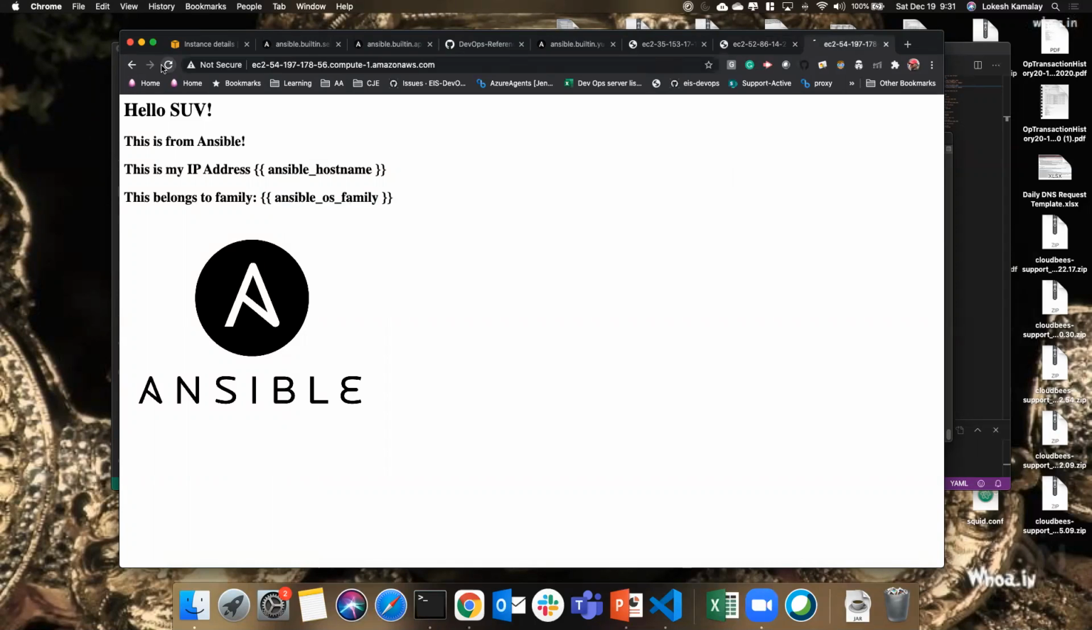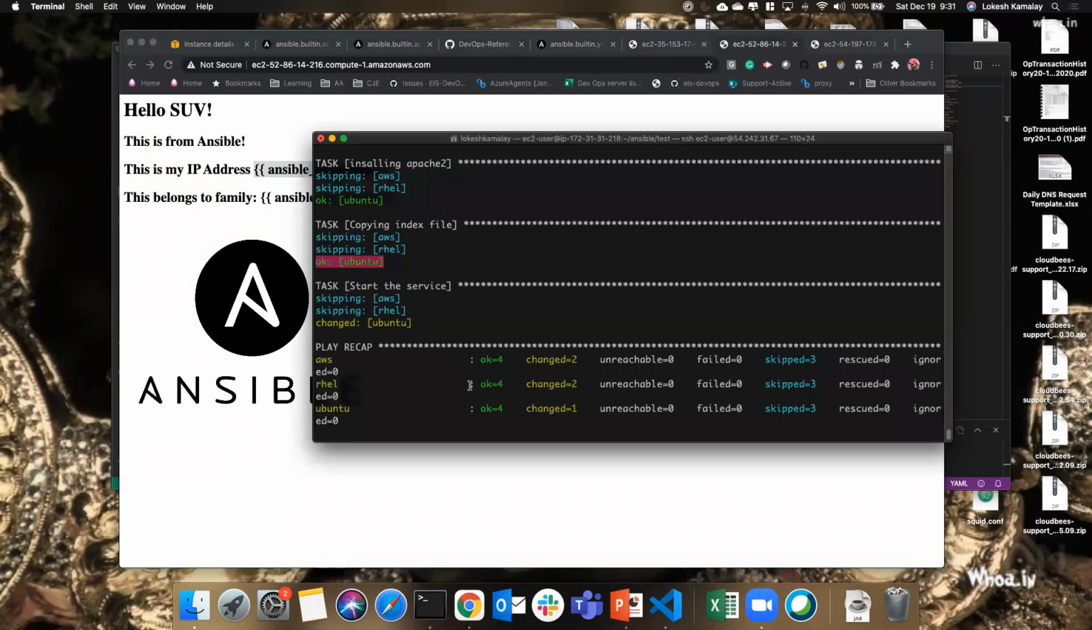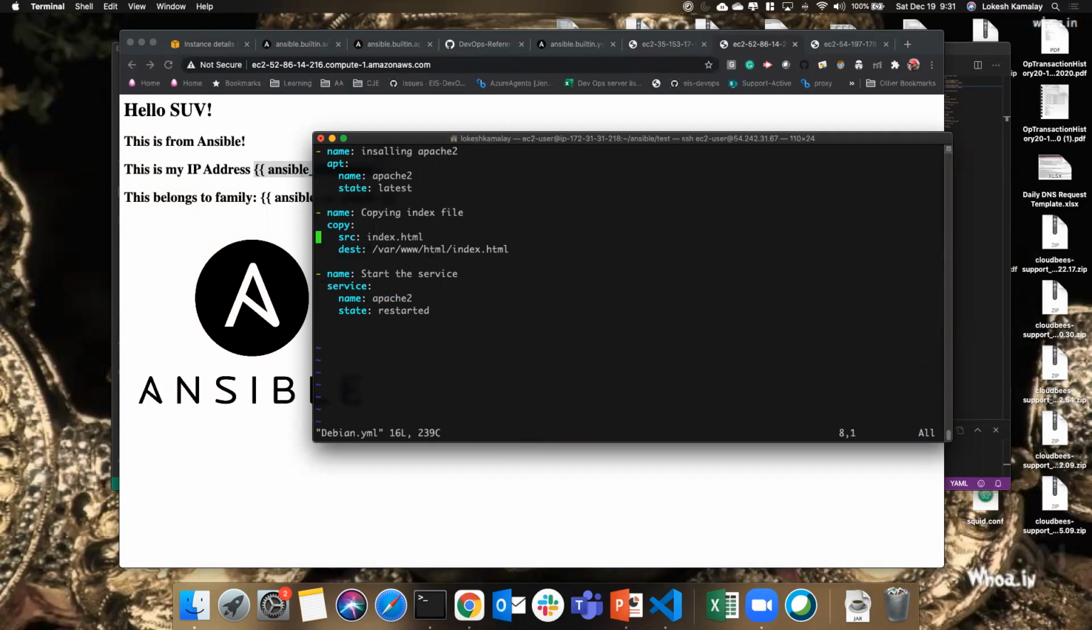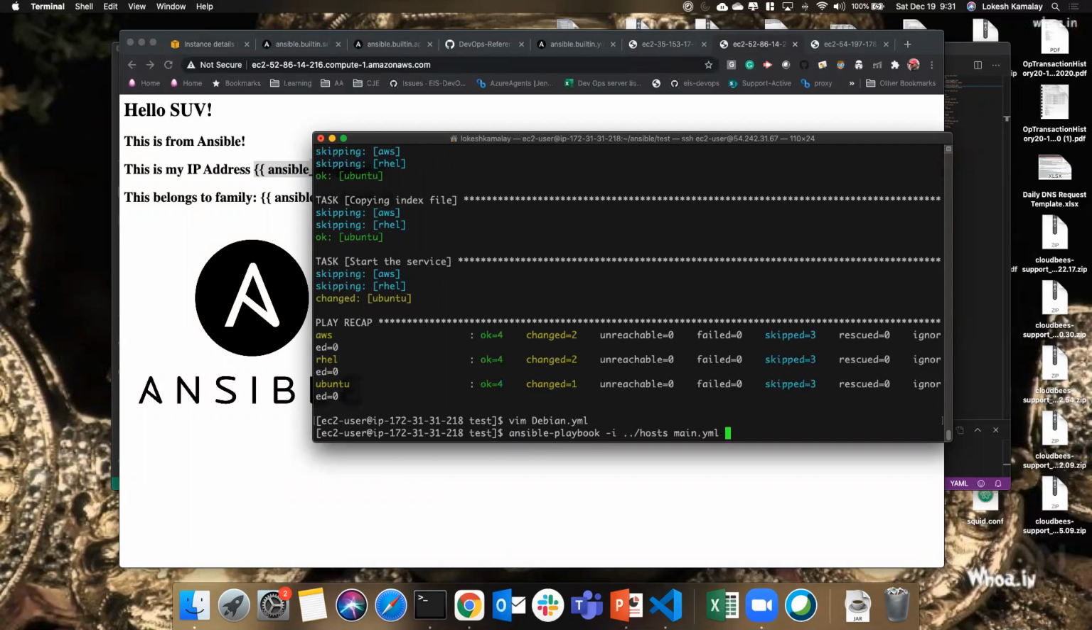Now let's talk about this. It's again Red Hat and IP address. See 145 and 215. 145, 215. But Debian is not printing because we haven't changed the copy module to the template module. So if I go ahead and change it to the template, this will also be